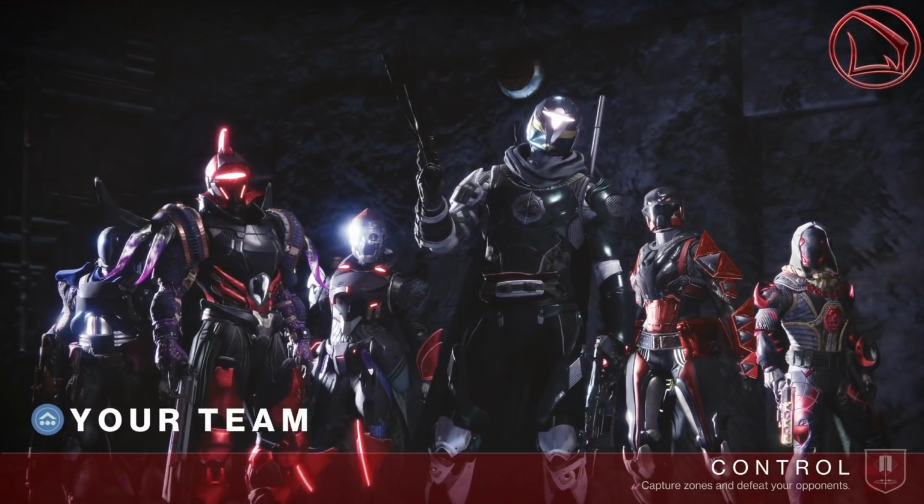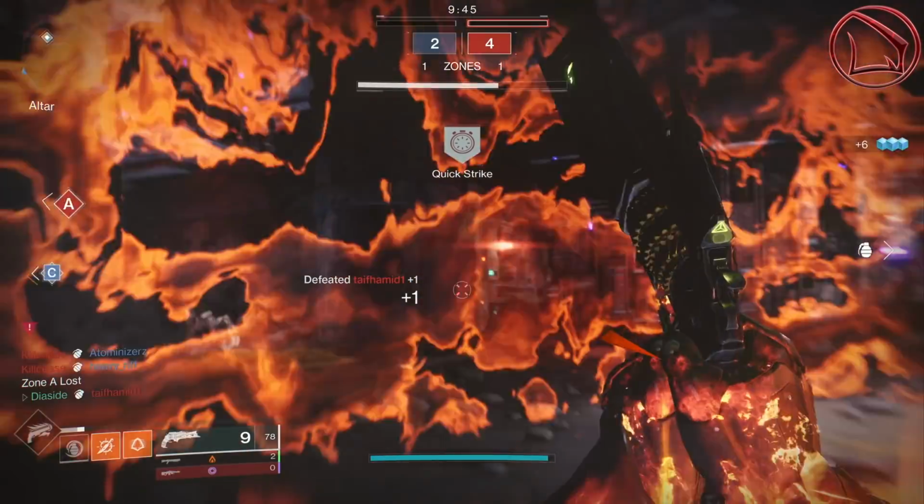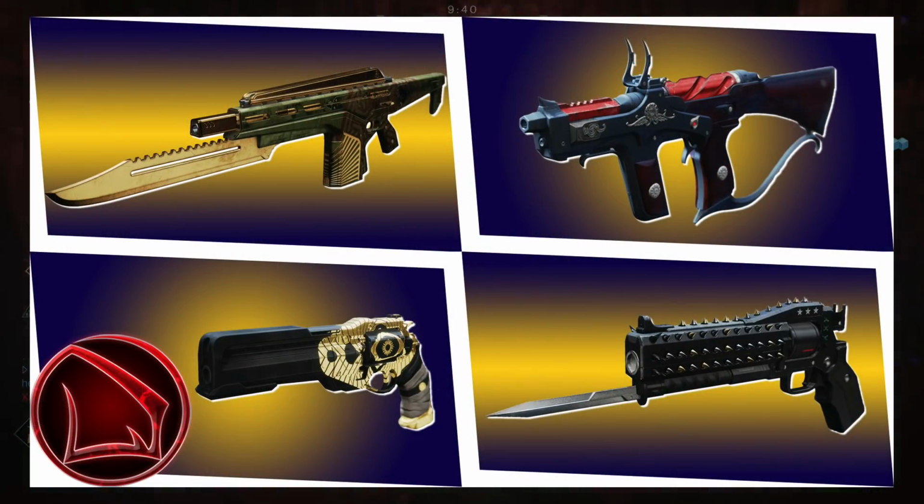Ladies and gents, my name is Xander, aka Diaslayers, and in this video, we're going to discuss some insane and crazy TTKs that you can easily get once you're charged with light using some wonderful exotic weapons in Destiny 2